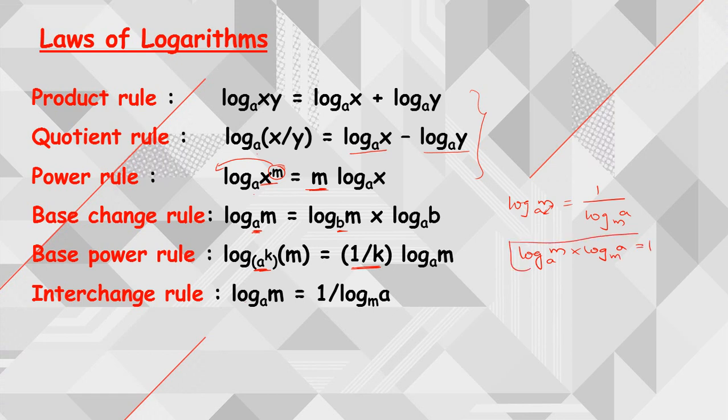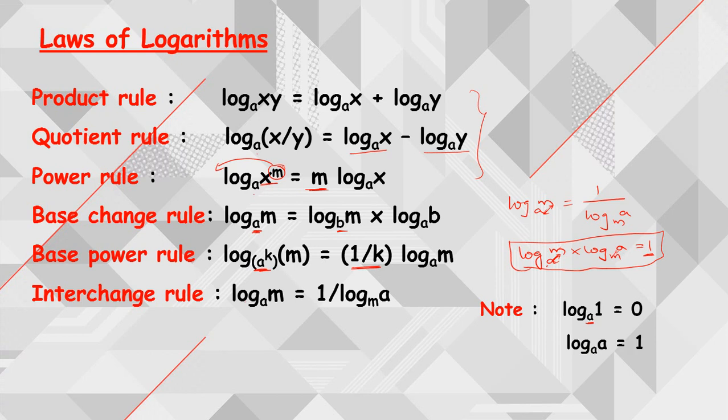So from this we can deduce one more relation. Log m to the base a into log a to the base m: if you are having interchanged place values in product form, then its product is equal to 1. The same way, next, log 1 to any base. These are the note points which we need to remember, right? Log 1 to the base a is equal to 0. Log 1 to any base is 0. Here, any base means it should follow those restrictions, those conditions, which we have already given for the value of a.